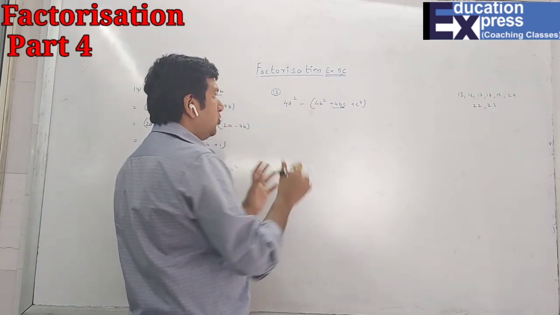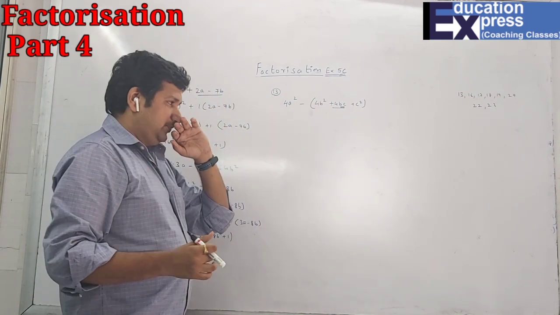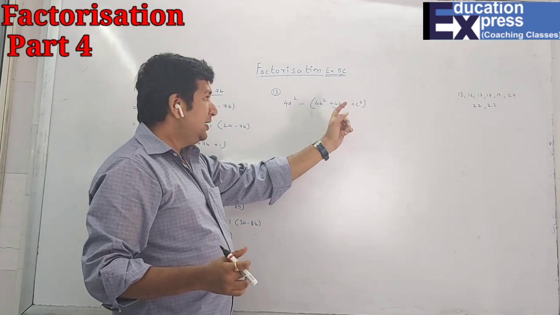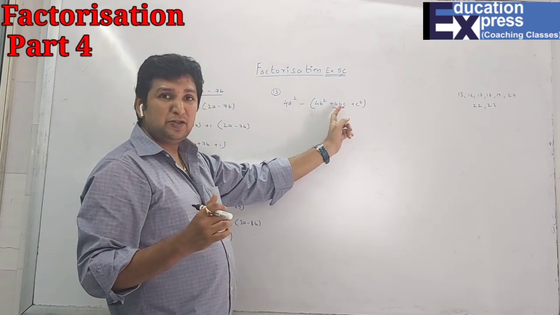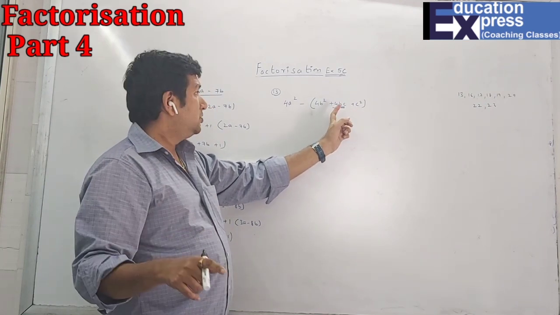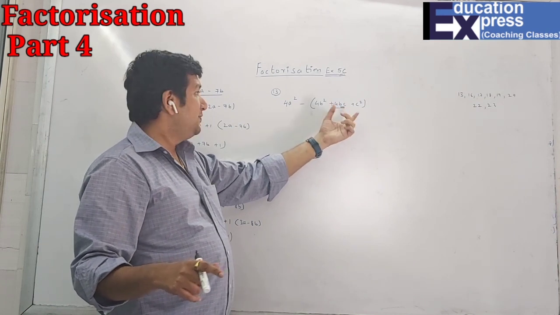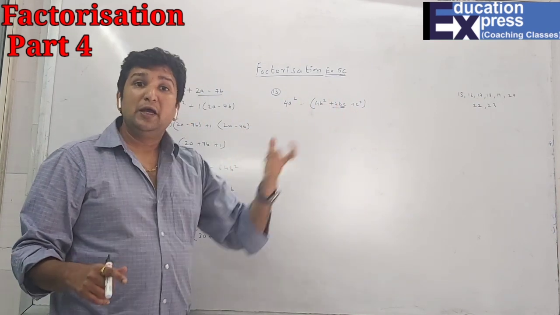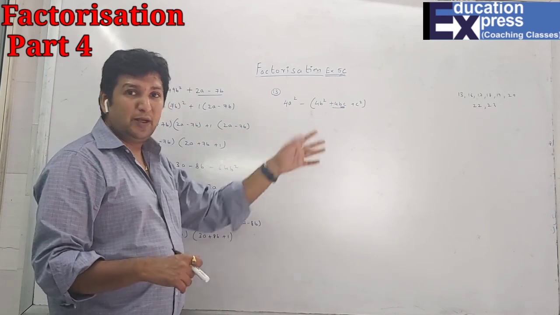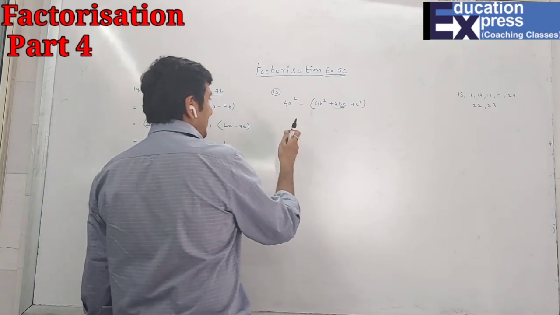So as of now I have told you out of 4, 3 numbers have a perfect square, 1 number doesn't have a perfect square. We have to see what are the variables associated. So these variables b and c are associated. That means this entire thing makes one group. Here the group is already made for us, so it becomes very easy. Now see the next step.